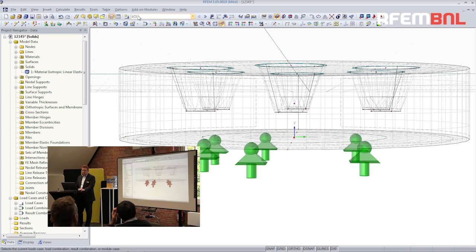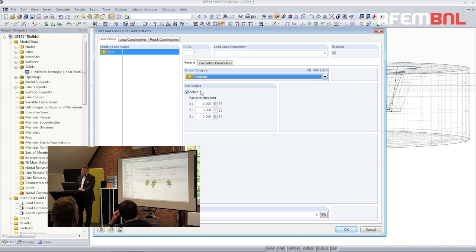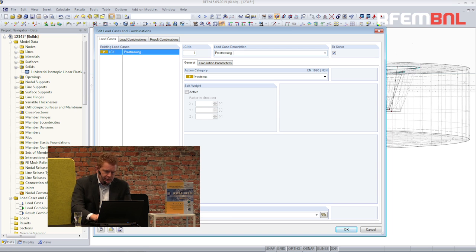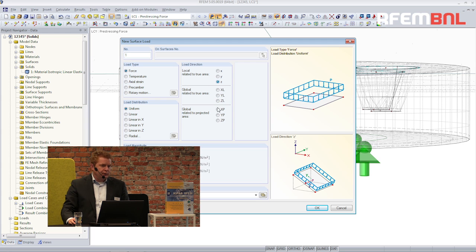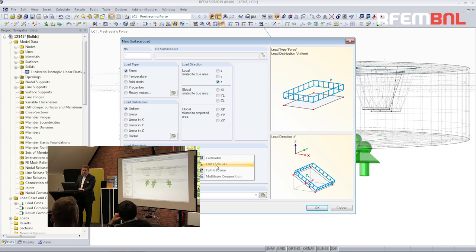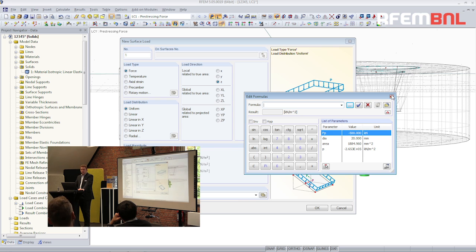Now I will apply the load. I can do it in this way, that I simply say, okay, there is a load. Hold on, let me delete this. There is a new load case, and the load case is pre-stressing. I don't want to have any. And this is a pre-stressing force, like that. Load description, okay. And there is a surface load, like that. I will define it in local z direction